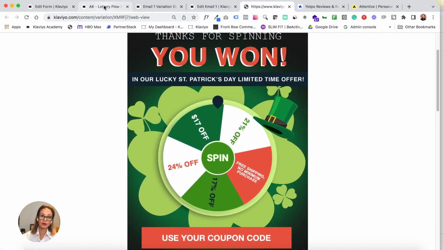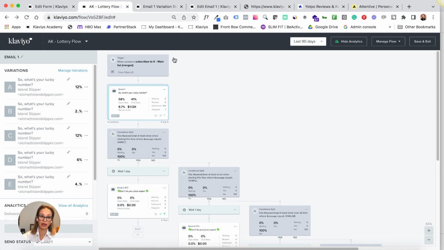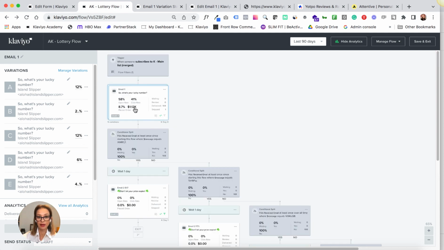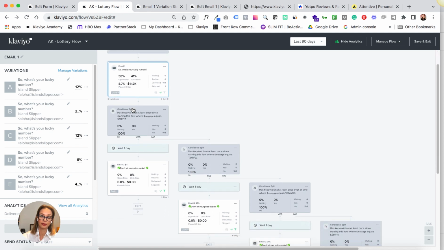Okay, so now that I've explained the first email, I want to explain how we do the follow-up, because now we have 5 versions here, and each version contains a different coupon code. So we want to make sure that each version of this email corresponds with the right version of the follow-up email.